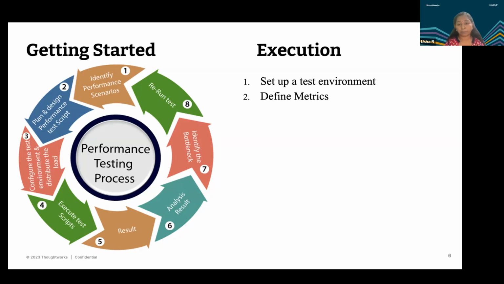Based on our project and requirement, we can define the metrics. We can also have the threshold. What should be the minimum threshold for these particular metrics? It will differ based on our projects and requirements. And we can execute the test, and we can have a report that can be taken as a baseline for